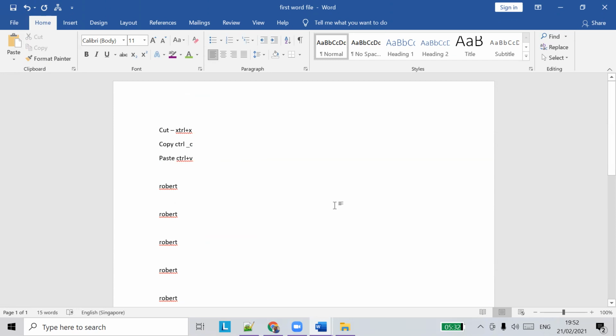So this will be useful when you're typing a lot of content. You don't have to go to the menu every time to copy or paste. All you have to do is press the Control key on the keyboard plus the letter V. It will paste the content. Similarly for copying and cutting there are shortcuts like Control X and Control C. So did you understand how to use these shortcuts?